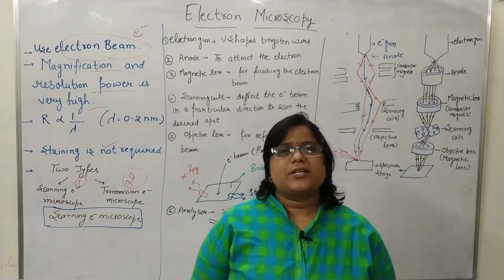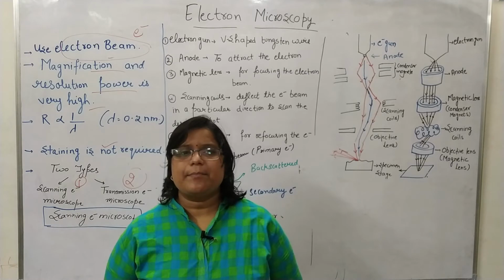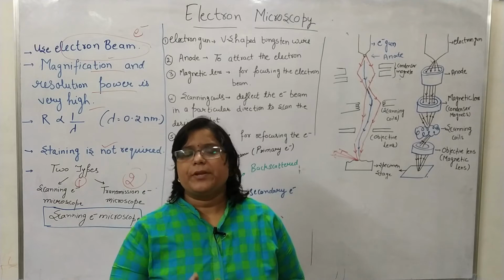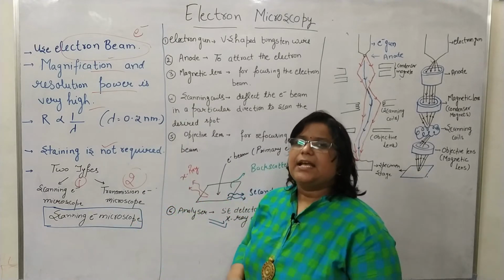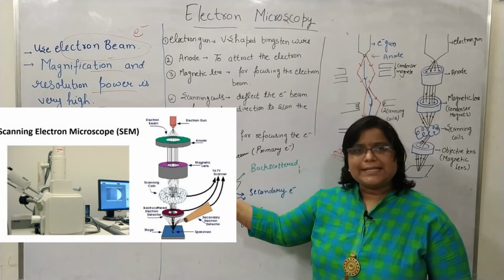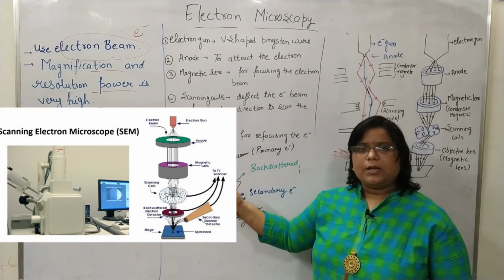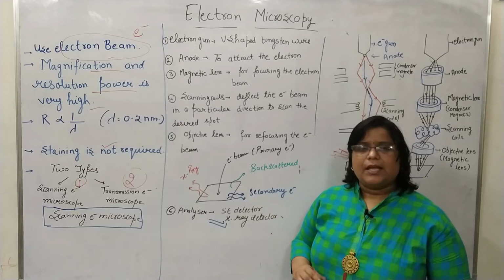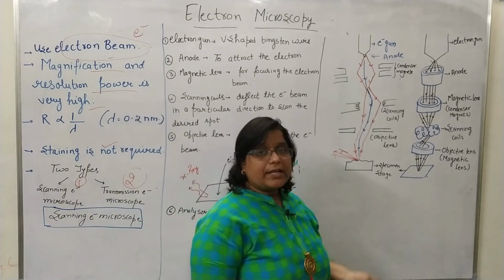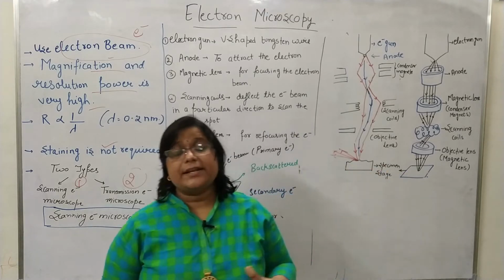Either in the scanning or the transmission electron microscope we have to prepare or treat the sample in a specified manner. I will prepare a separate video for the preparation of the sample. Now first you will see how the electron microscope looks. It has one column, one analyzer and the monitor. Now I will describe the working and principle through this ray diagram.